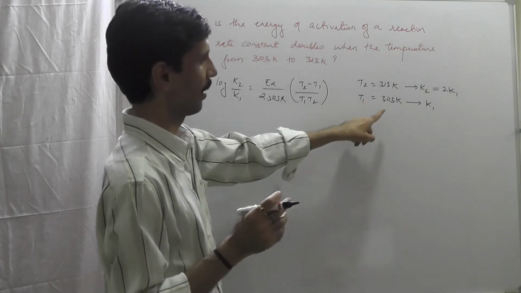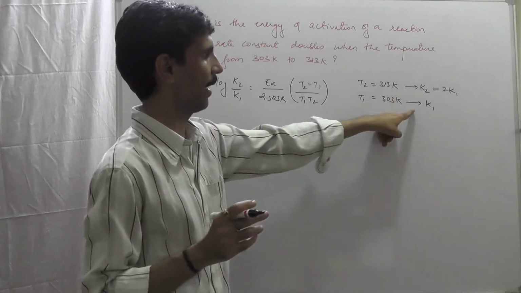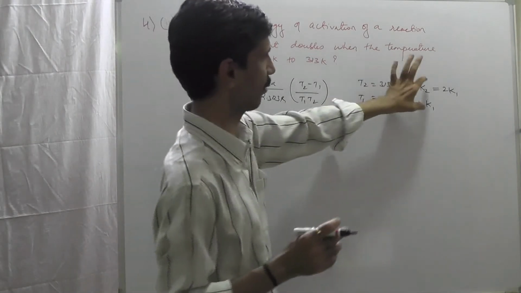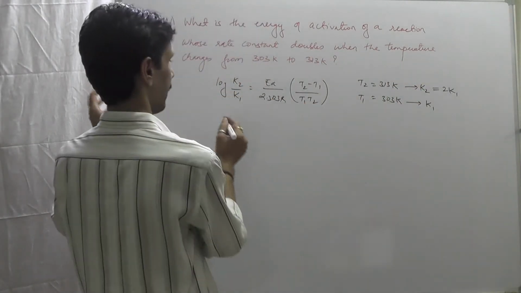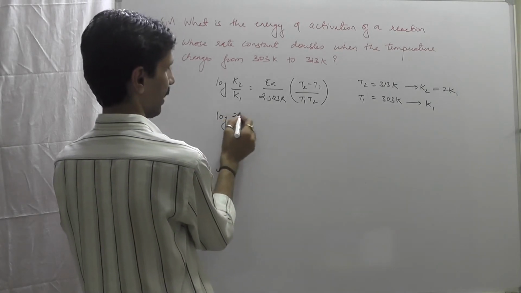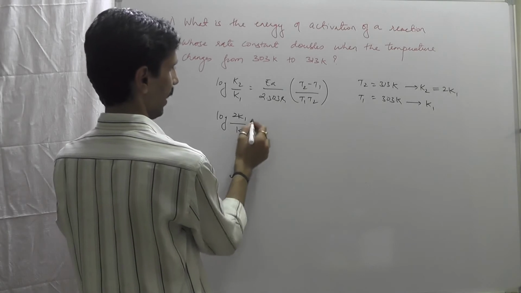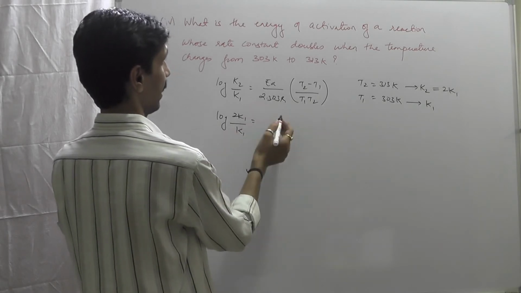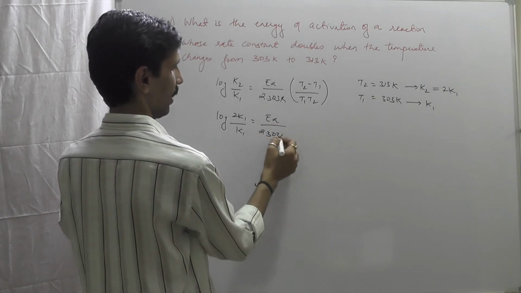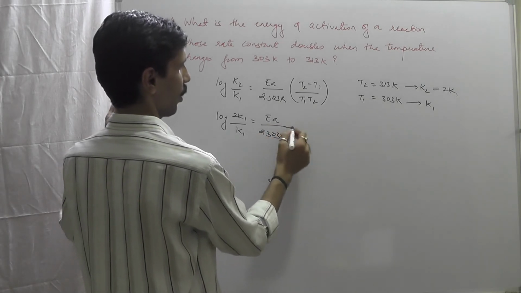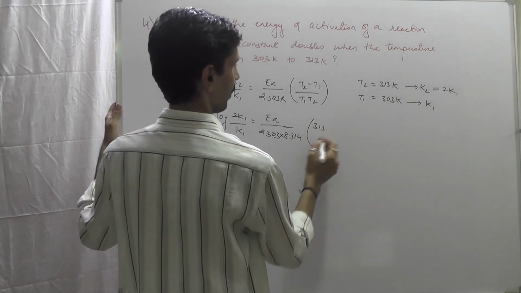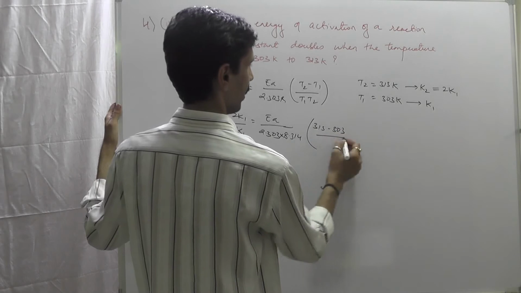ओके, तो अगर T1 पे K1 है तो T2 पे क्या हो जाएगा, वो 2 of K1 हो जाएगा. तो ये जो एक्सप्रेशन है वो इधर डाल दीजिए, बाकी का तो फिर बहुत सिंपल है. सो log of K2, सो K2 की जगह पर क्या लिखेंगे हम लोग, 2K1 upon K1. Okay, that is equal to EA, that is what has to be determined, divided by 2.303 into 8.314 multiplied by T2 is nothing but it is 313 minus 303